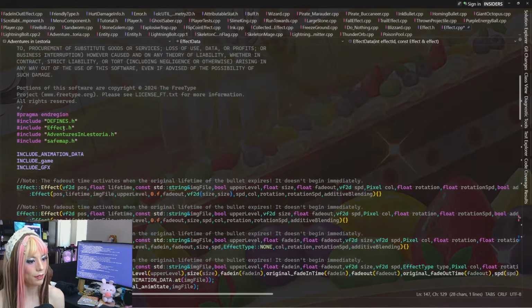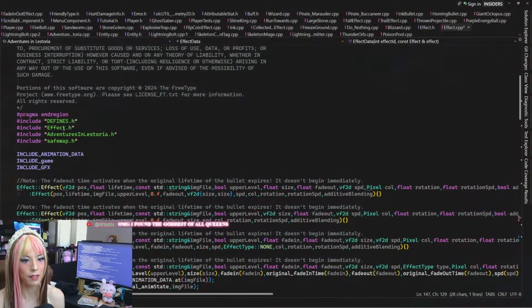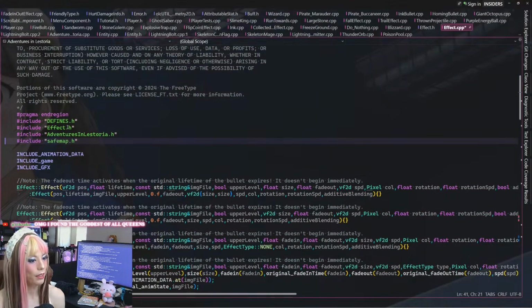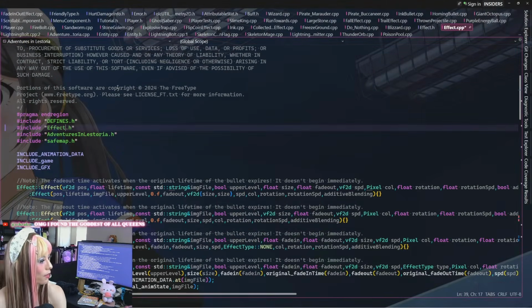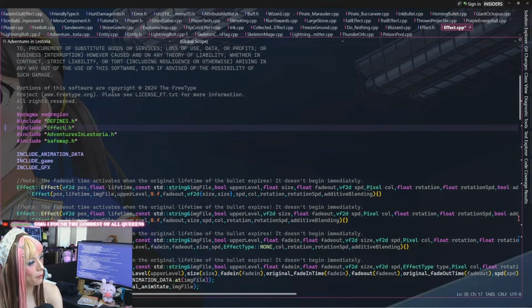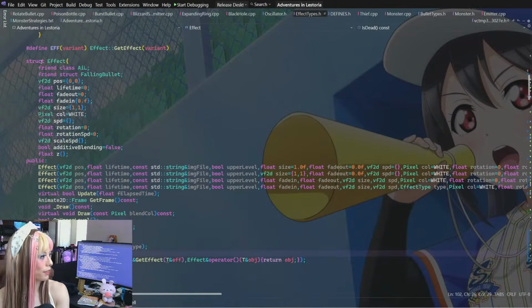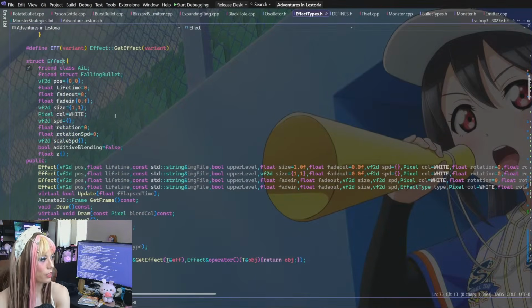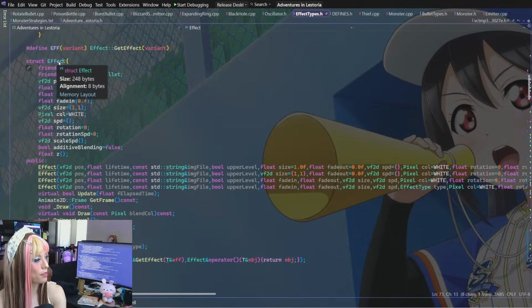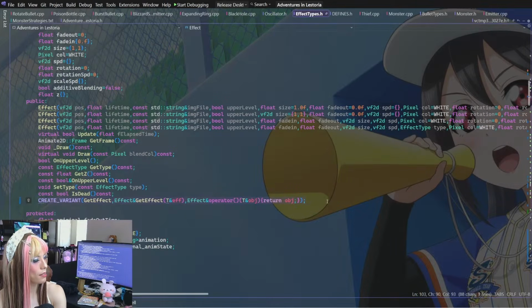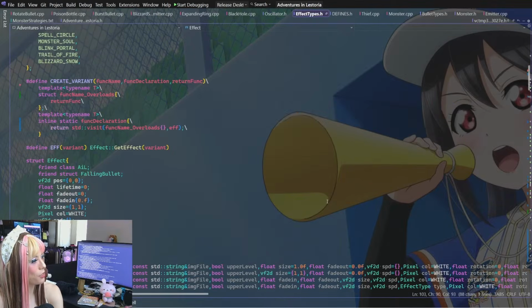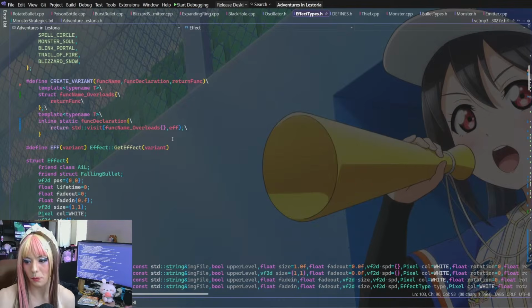I mean, this is in effect.cpp. If we include effect.h, effect.h does include effect types.h, so it's not like that is not being generated. Well, that might not be true. The effect class is not necessarily generated on the fly, it's predetermined, right? So this templated class, this template does not get executed for every type. I think that's the issue. This has to be outside, like in a global scope or something.